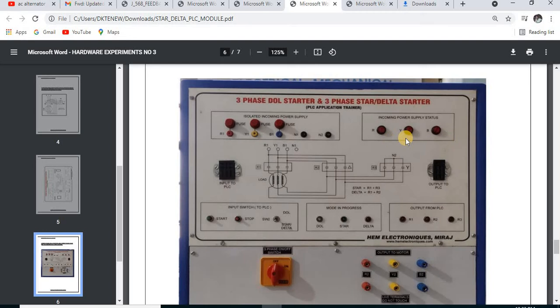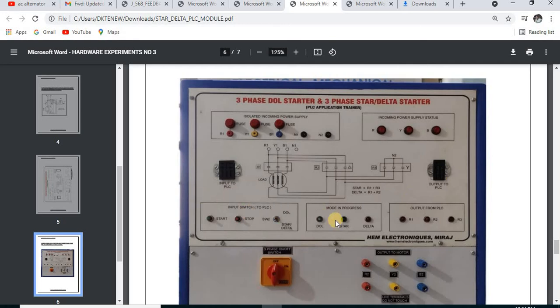This is your wiring diagram: for star, R1 plus R3, and for delta, R1 plus R2. This is input to the PLC and this is output from the PLC. The input kit is connected here, and output commands are given from this port.